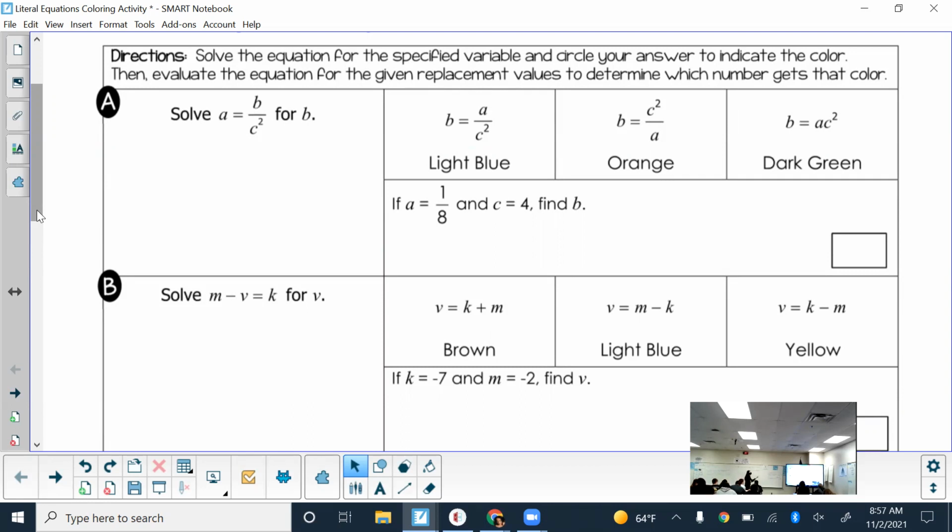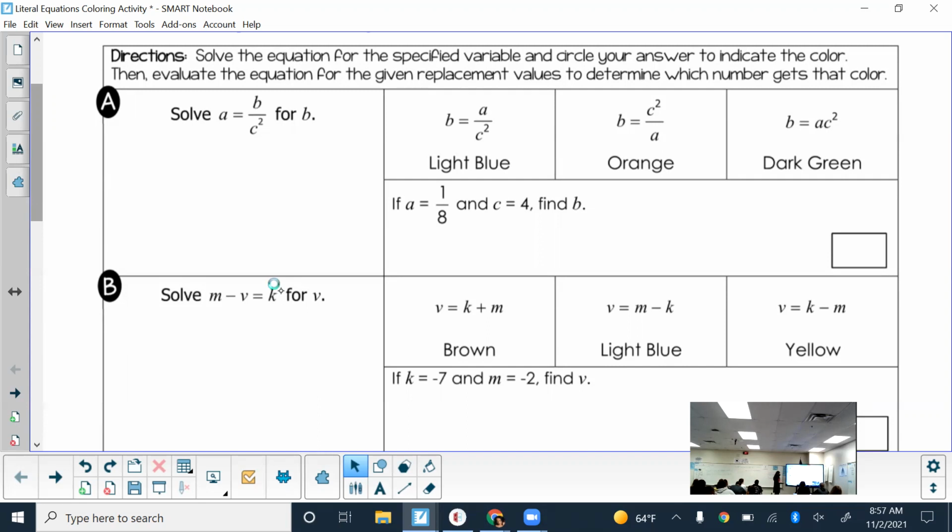So again, literal equations are ones that have at least 2 variables in them. For these ones, for the most part, they are all variables. When it's like that, you can't really solve and say like B is 7 or something like that, because they're all letters. You're really just still doing the same steps, but you're just rearranging it. So when I say in example A that we're solving for B, what I'm going to do,